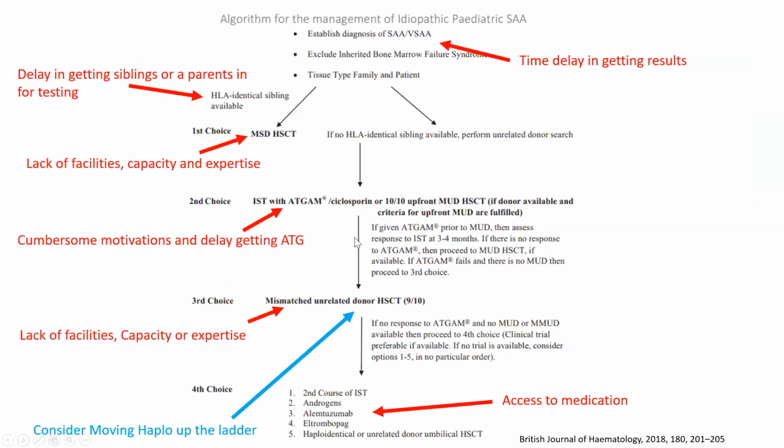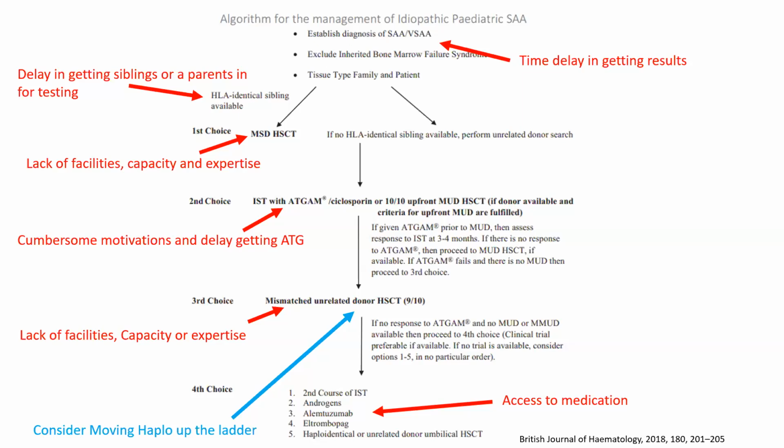So I've just taken that flow diagram and looked at a couple of the stalling points, or points where we get hooked up. And again, I'm referring specifically to our unit and things that we've sat down and identified as areas where we can improve on. So within the public sector, we often have a delay in confirming the diagnosis. Things like chromosome fragility testing or chromosome testing takes quite a long time, and we can wait up to 4 weeks before we get the results.